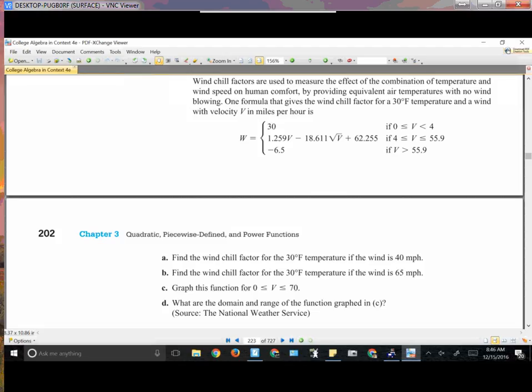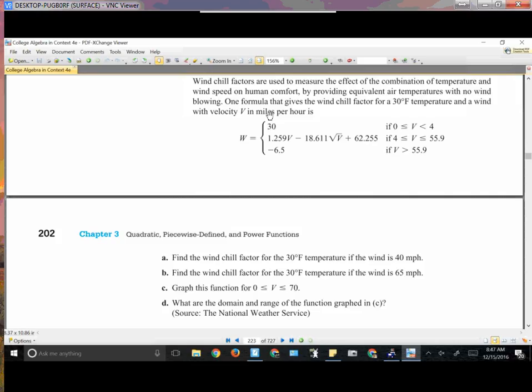Okay. Why? This formula is set on a 30-degree temperature. If I wanted to find something for our current, I would have to look that up. I would have to go and find another formula. Because when you read it here, it says one formula that gives for 30-degree temperature. Now we see here, if there was absolutely no wind today,